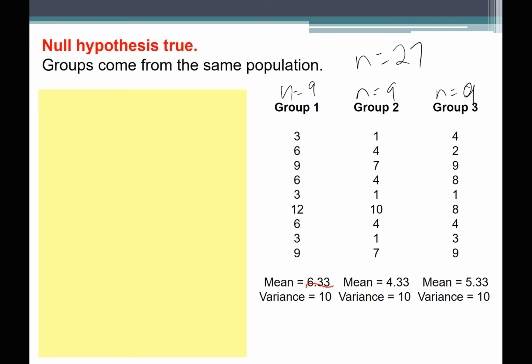For this second group, if we add up all 9 and divide by 9, we'd see the mean is 4.3. And then for our last group, if we added them up and divided by 9, we'd get a mean of 5.3. Now this variance